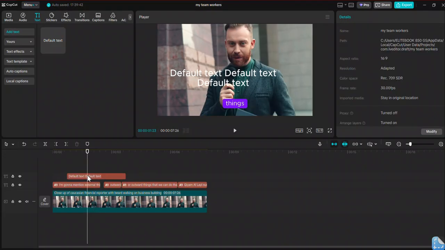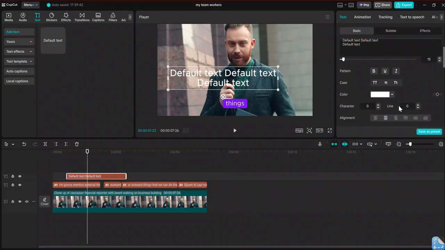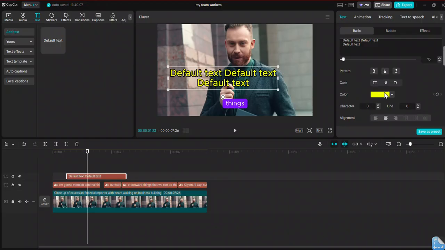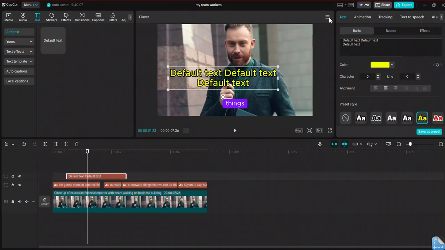After you open the CapCut, now here is my text. So I'll go ahead now and change the text color. So now here is the text. If I want to place this text in the center of the screen in the CapCut, just select the text like this. After you select the text, you should go ahead now and click on this ruler.